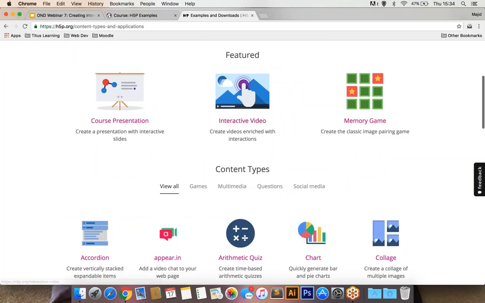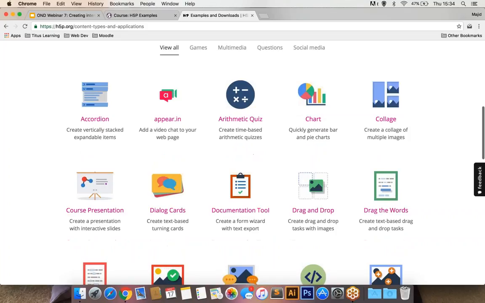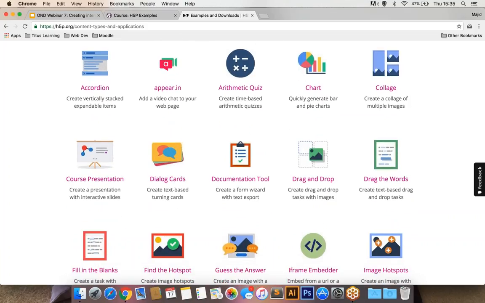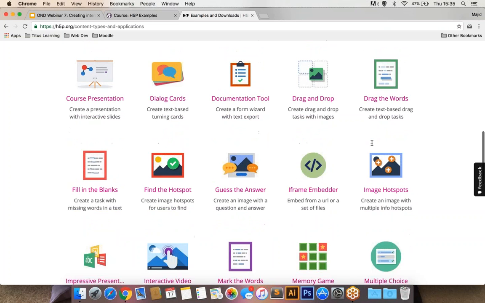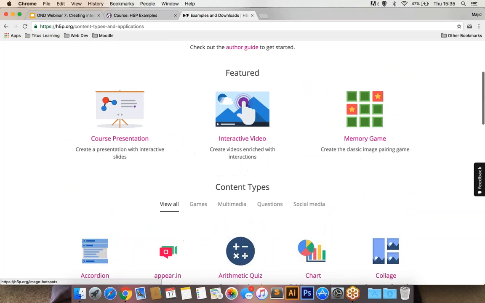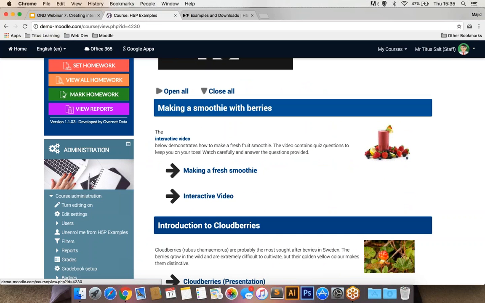So these three at the top here, presentations, videos and memory games, they're the most popular items, the featured items, but there are lots of other content types such as accordions and charts and lots of different quiz question types, that kind of thing. So feel free to have a browse of that. I'm just going to go back into our course, and if I click on making a fresh smoothie,